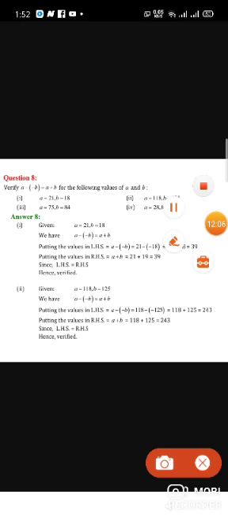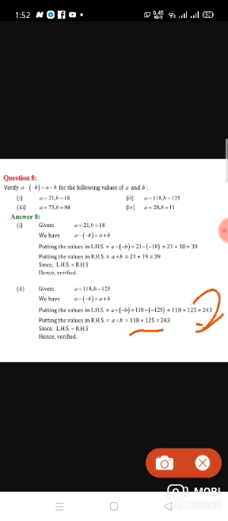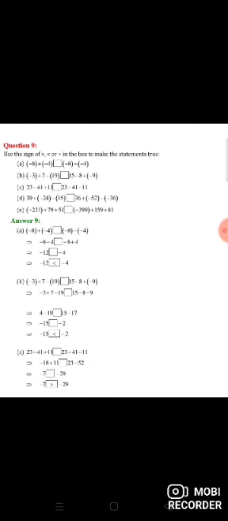In the same way, now we will see the RHS, which is a plus b. It is so simple, directly we do the addition, 118 plus 125, which becomes 243. You can see the LHS and RHS are both equal, so hence verified. Okay friends, now we are going to see question number 3.